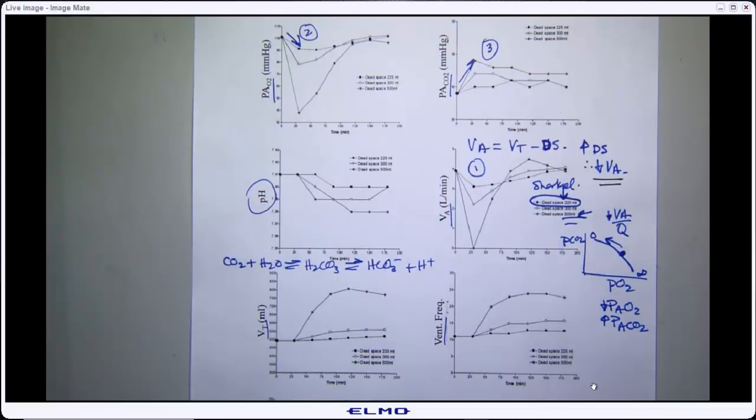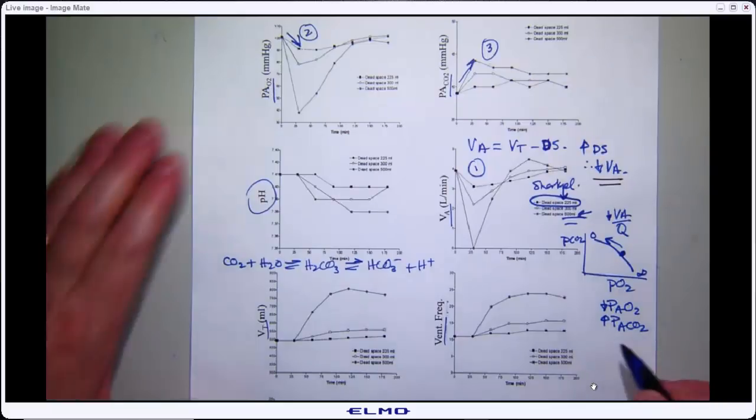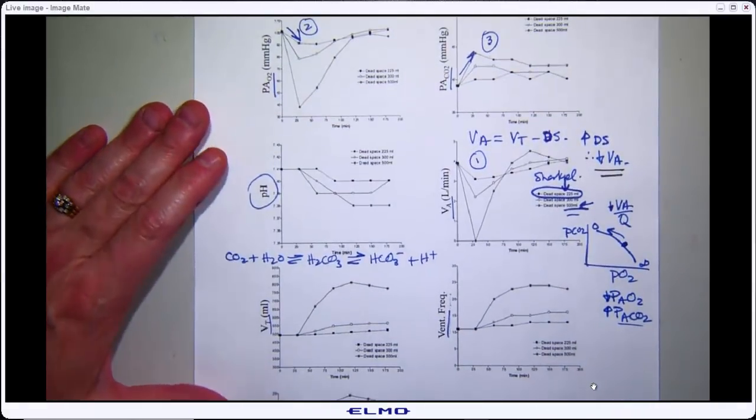So if we get a change in PCO2, that's in the dissolved plasma portion, then we're going to combine it with water and make hydrogen ion. Okay, so an increase in PaCO2,